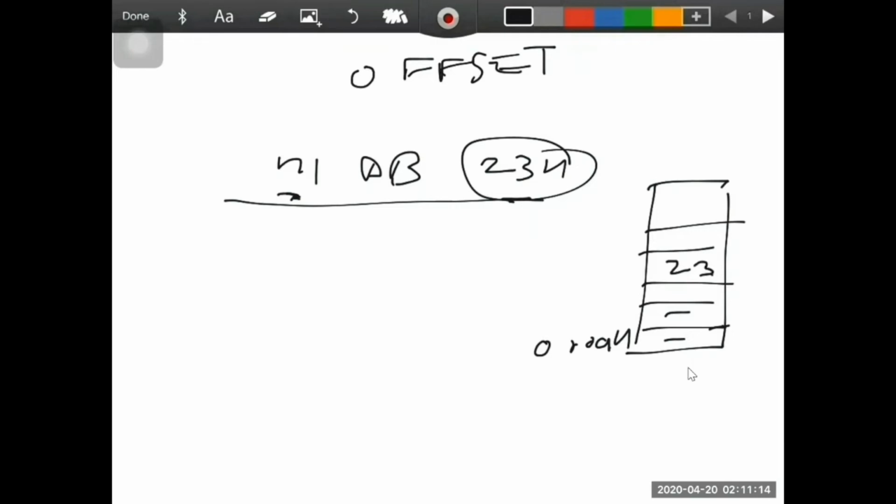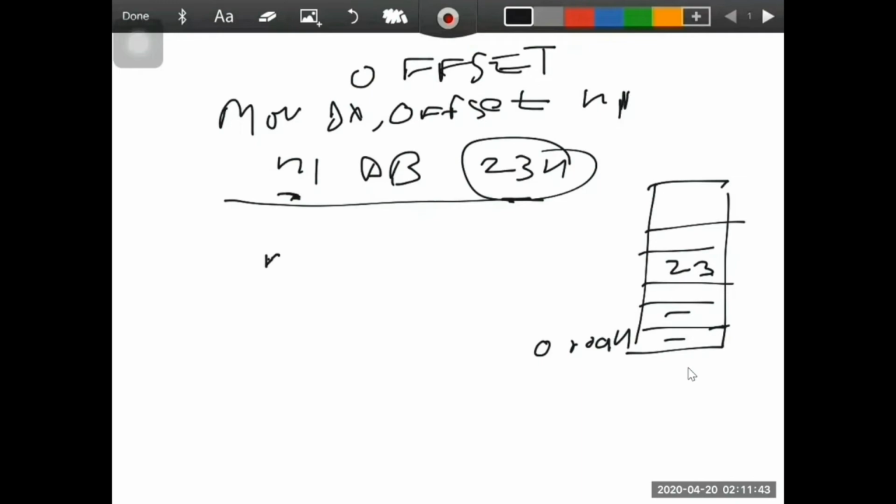Okay. So in the command, we have to write MOV DX, OFFSET N1.